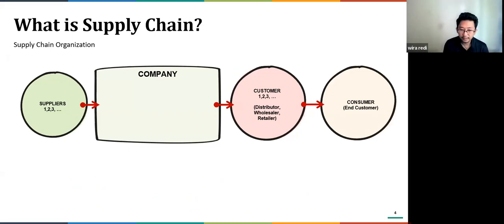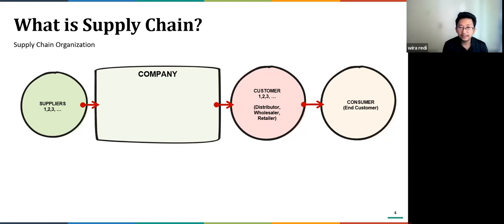You can normally position your company in the middle of the chain, whether you are actually at the end side of the chain, or the beginning side of the chain. For example, if you are